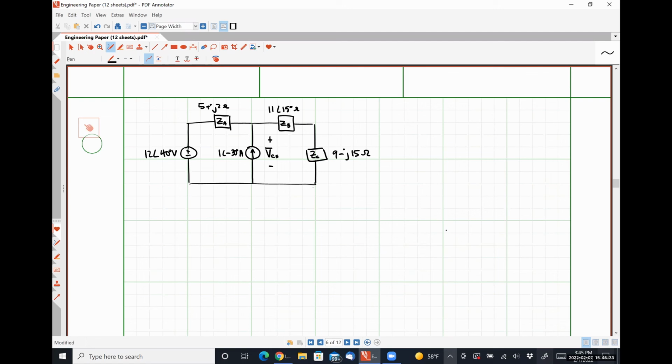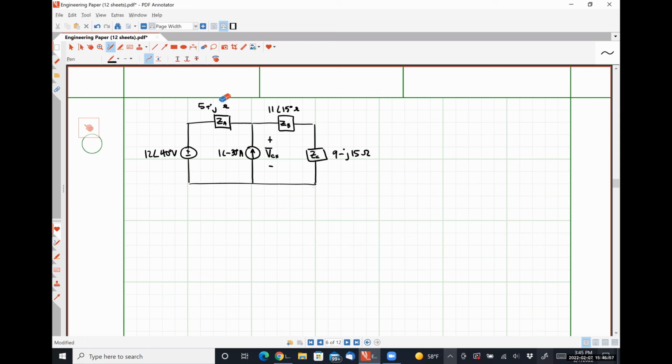Source transformation, absolutely. Since I'm trying to find the voltage drop over the current source, I'm going to leave the current source where it is. I'm going to do a source transformation on the practical voltage source that's formed between the 12 angle 40 degrees voltage source and the 5 plus J